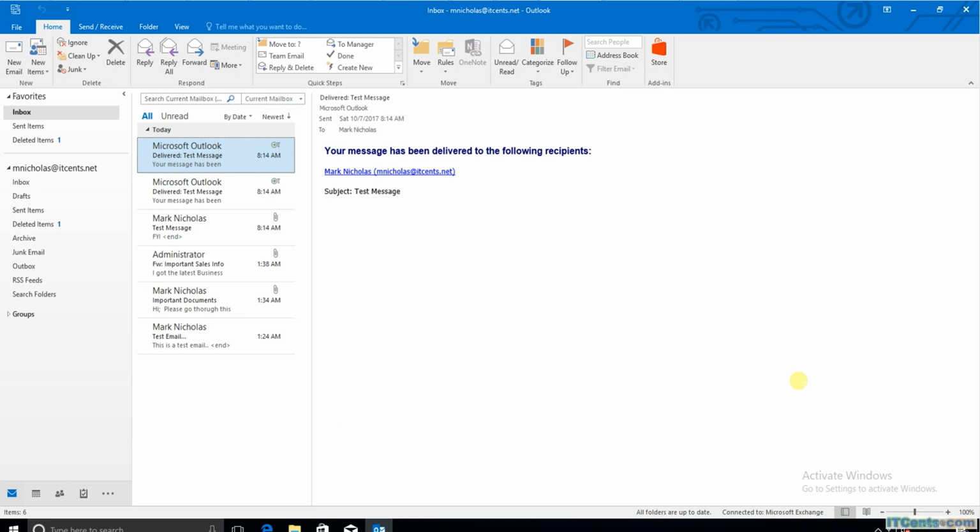So I always recommend that you keep the mail flow to Office 365 or Exchange Online. It's the same thing, just a different way of saying it. So keep the email flow there. And how to do that? It's very simple. All you have to do is make changes in your DNS. You can make changes manually, as well as you can